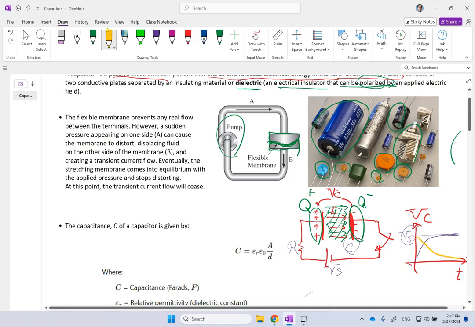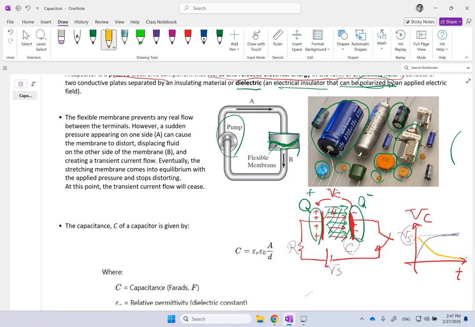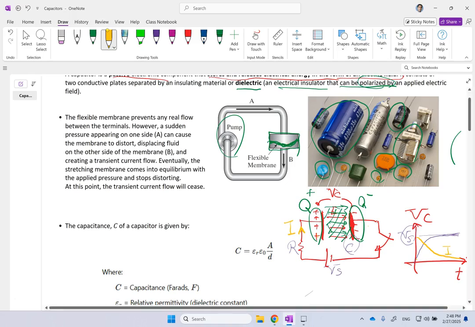And initially, when the circuit is closed and there is no charge, the capacitor shows no resistance. So initially, if you look at how much resistance a capacitor will show, initially it shows no resistance. So the current through the circuit is going to be some non-zero value, initially big, and it allows the current to go, but over time that current subsides and goes down. And ultimately, when this capacitor is fully charged,